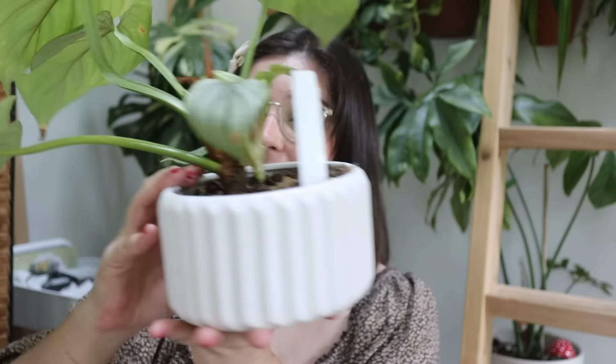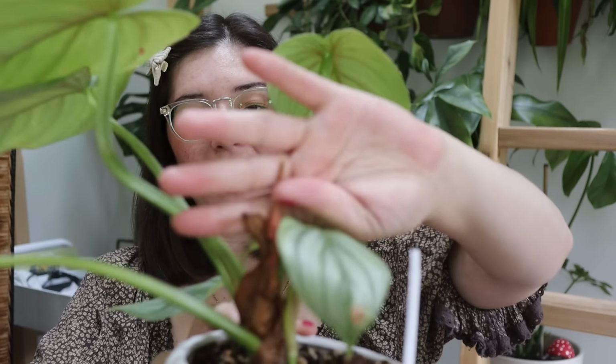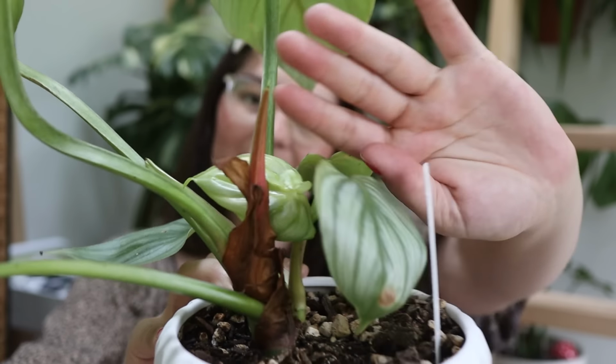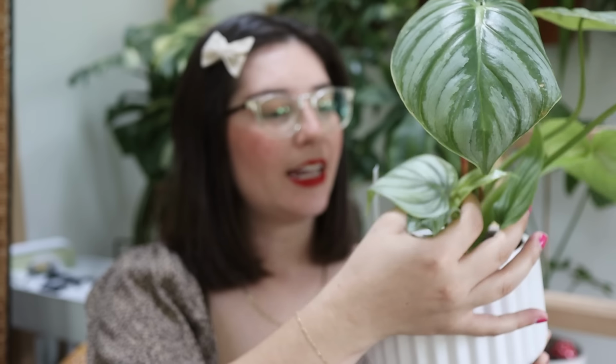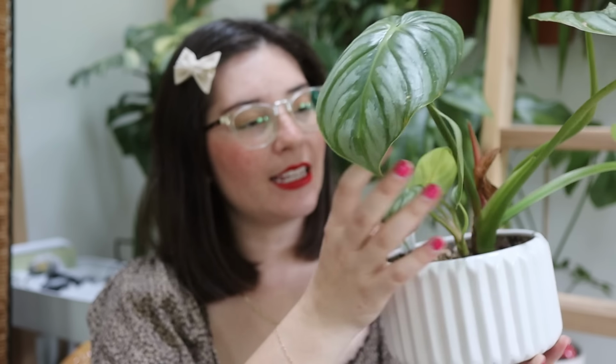It's living on this shelf right here, about 7 feet from a south window, and it's doing so well. We actually have a new leaf coming in right here. So that's exciting. There are 2 plants in here